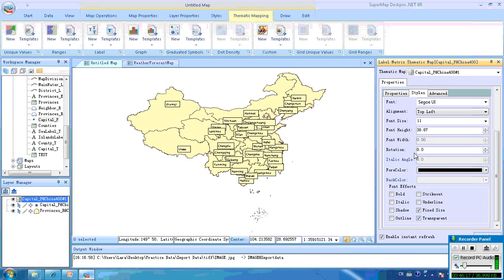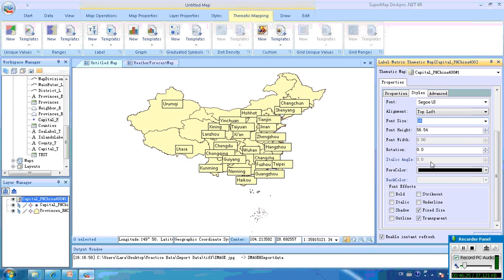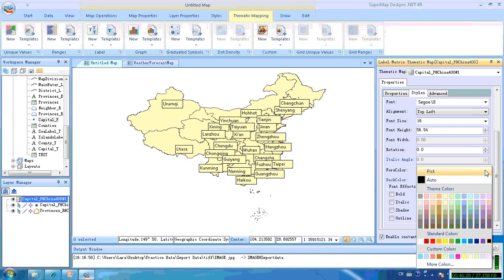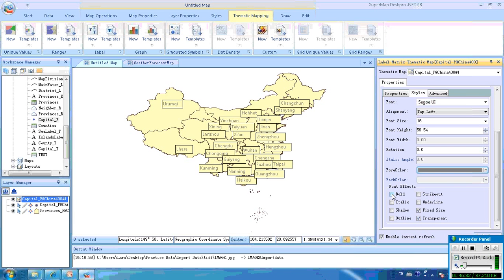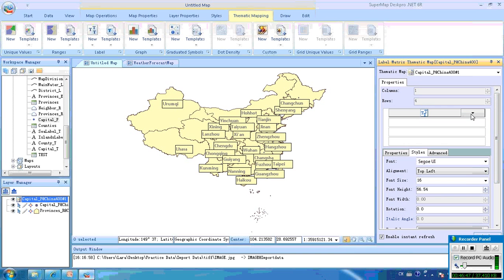Click style and set its size to 15. Set the font color with this one. Okay, then click bold. You can see the changes displayed in the map. Okay, the first row is finished,